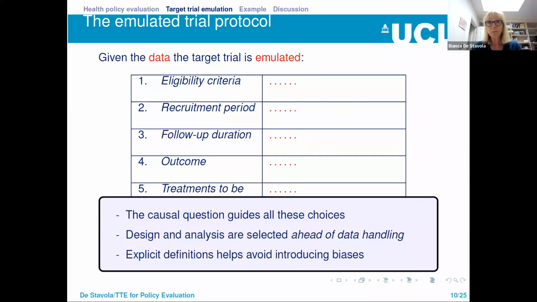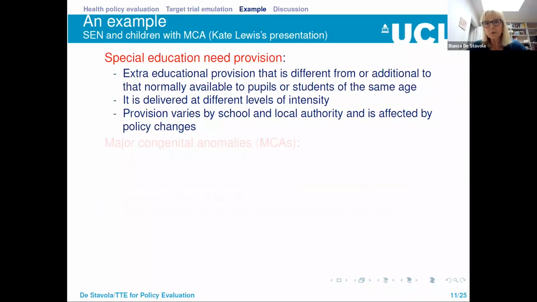This is sort of the general principle, but I thought the best way to really stress how this works is to go through an example. And I'm using the example that Kate Lewis introduced to you a week ago, if you were lucky to join the session last week. But very briefly, what we are doing now in the HOPE project at the Institute of Child Health is to study the impact of special education need provision in certain population of children in need,